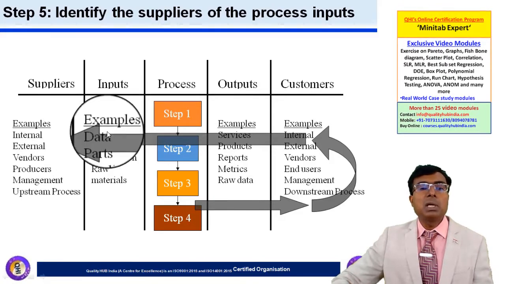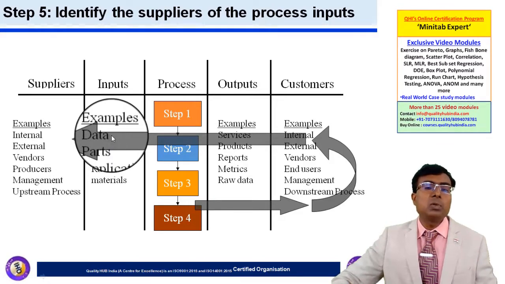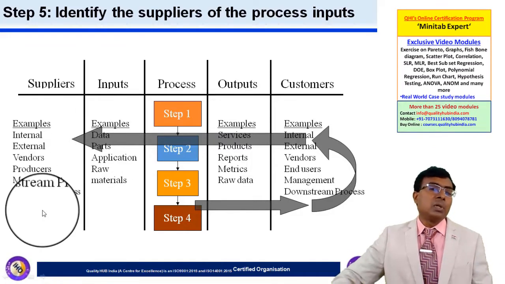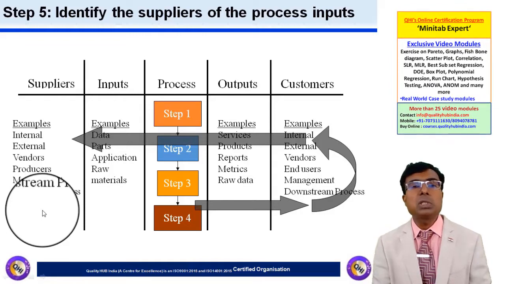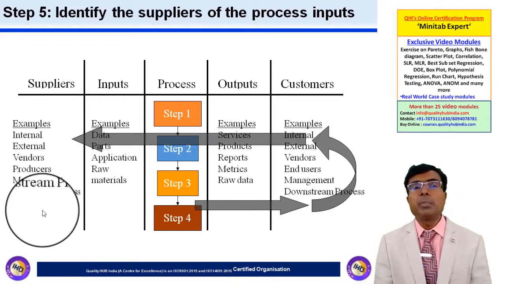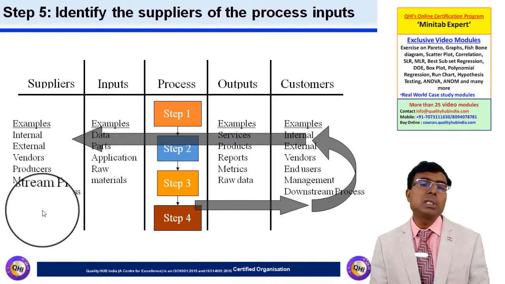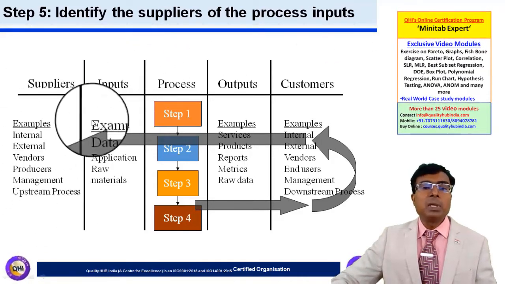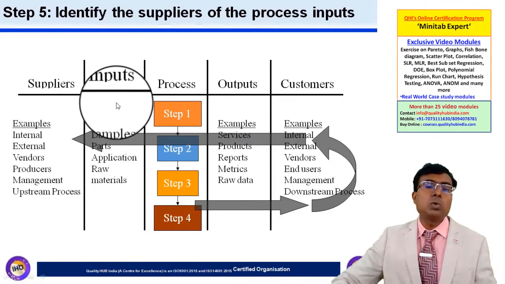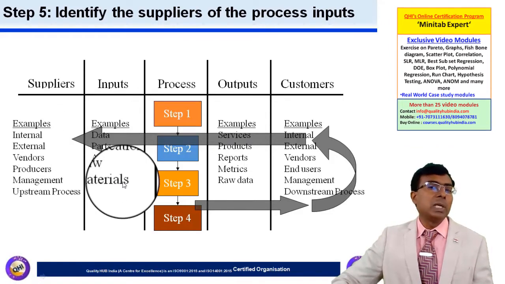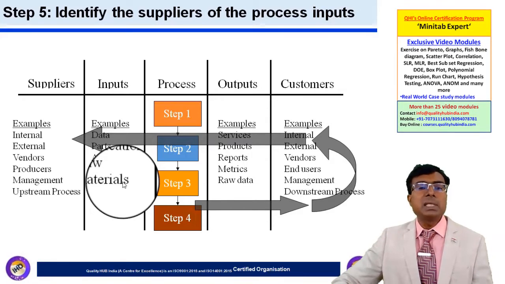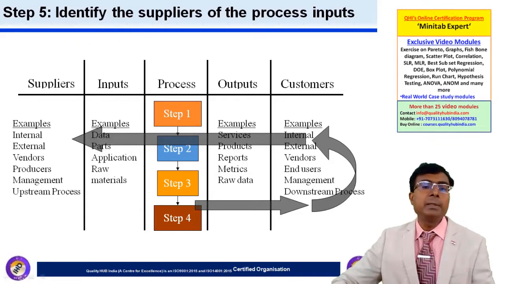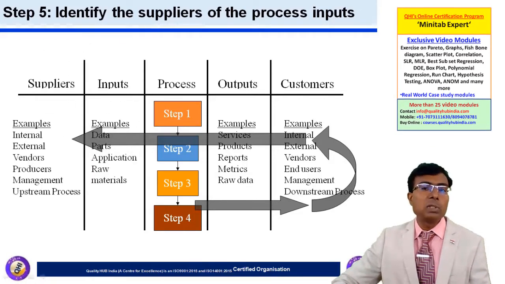So the inputs, it could be parts and material and could be information. So for each of the elements, we can identify different suppliers. So there are different ways in which we can do CPOC diagram. I have seen many approaches. One of the simplest approaches is that you should be identifying at a broader level a supplier for the inputs. For example, one supplier supplying all the inputs. So in that way also it is being made. But in many cases, I have seen that people are doing a very detailed CPOC diagram. That is also fine. In fact, I have also practiced both the varieties.